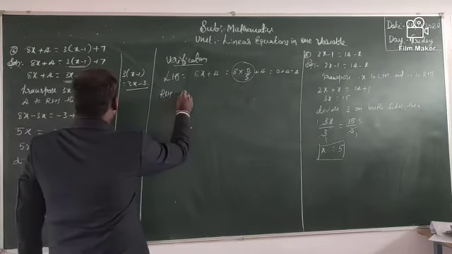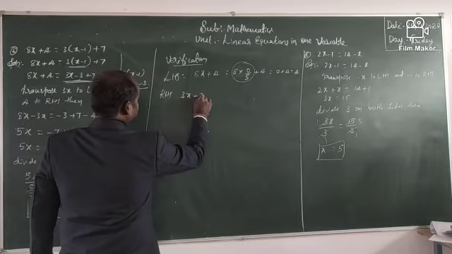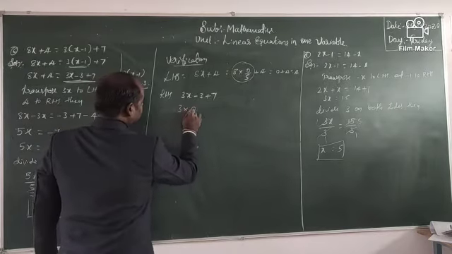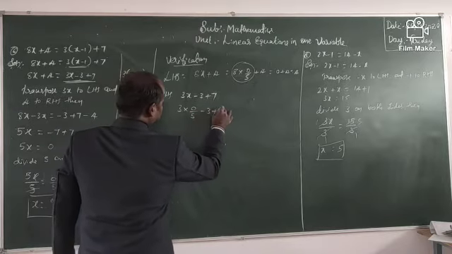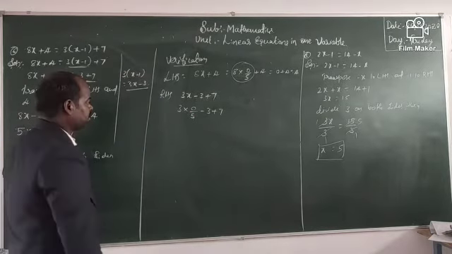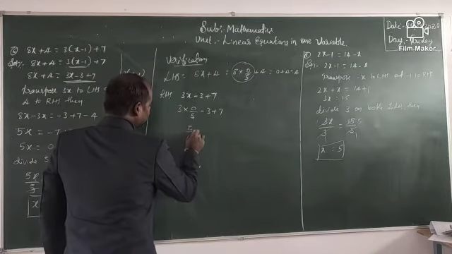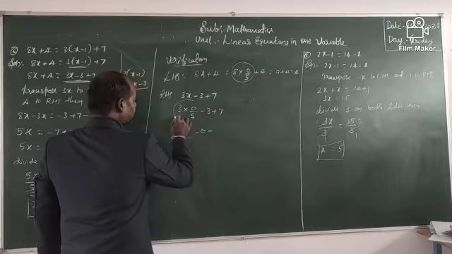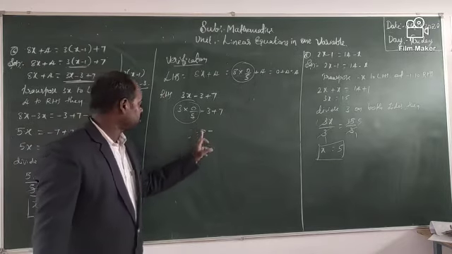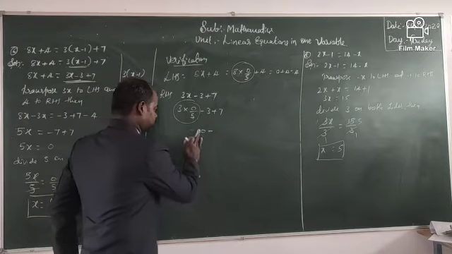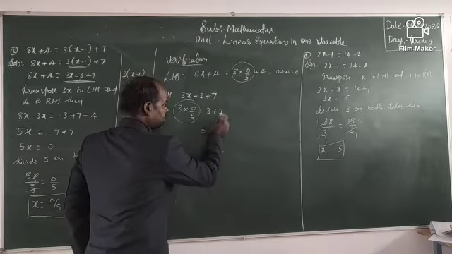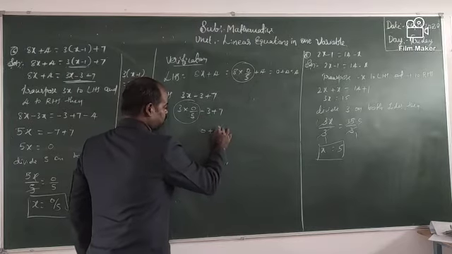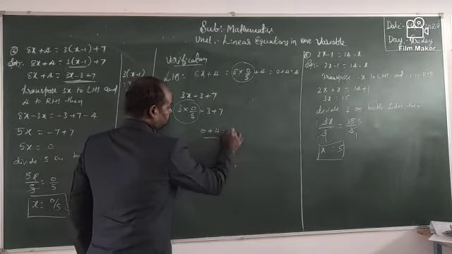And the next step, that is RHS. This is the RHS. Okay, 3x minus 3 plus 7, which is equal to 3 into 0 by 5 minus 3 plus 7. Okay children, next 3 into 0 is 0, 0 by 5 is equal to 0, this whole term will become 0. Why? Because 3 into 0 is 0, 0 by 5 is 0. Okay, 0 minus 3 plus 7 is plus 4. Therefore, here it is equal to 4.